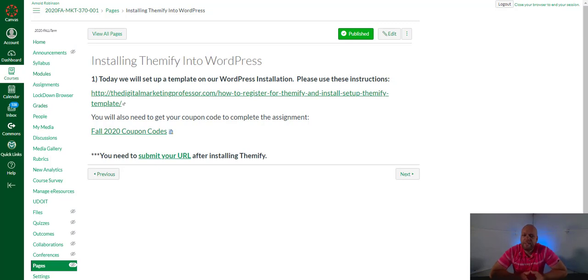Themify is generally something you got to pay money for, but Themify donates it specifically to CSU students. They don't do this for any other university, and they're going to give you a 1-year license that you can use, and with that license you can make as many websites as you want. So if you want to try to start slinging websites on the side, that's fine. I'm going to show you guys how to do multiple website installations coming up soon, either this week or next week, where you can do multiple websites